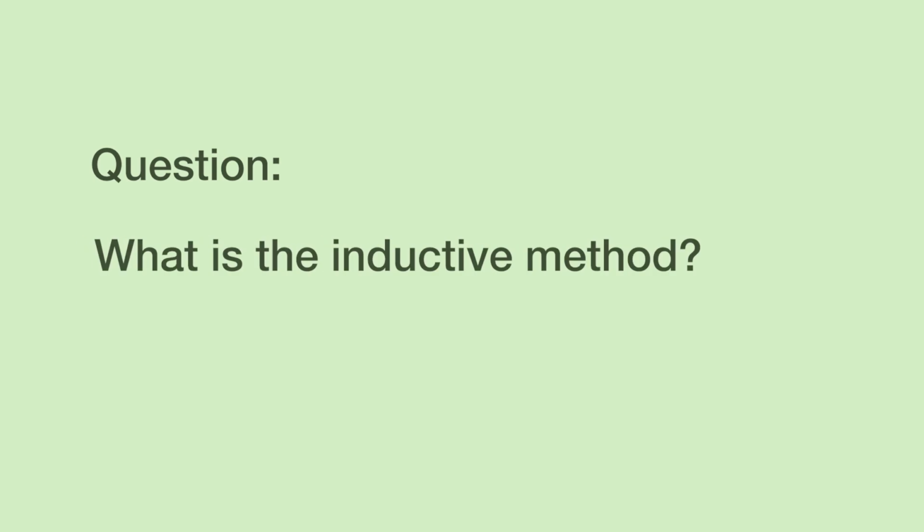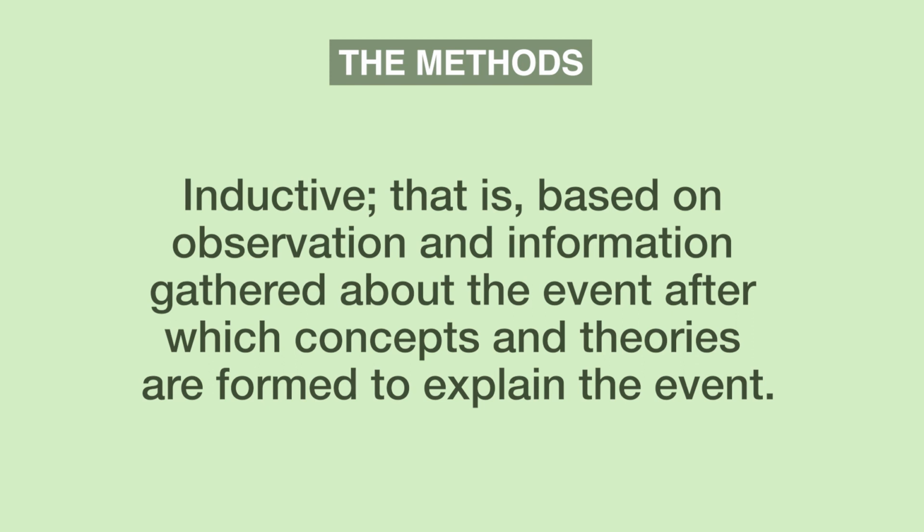So what happens? In the interpretive sociology, we always want to look at who has been left behind. What are the anomalies? What are the people who haven't matched with our research design? Let's find them. That doesn't happen in the positivistic sociology. There, you're always looking for generalities and you want to match your results with the theory. So, as I've said, inductive methods are where we move on observations and information gathered about the event,